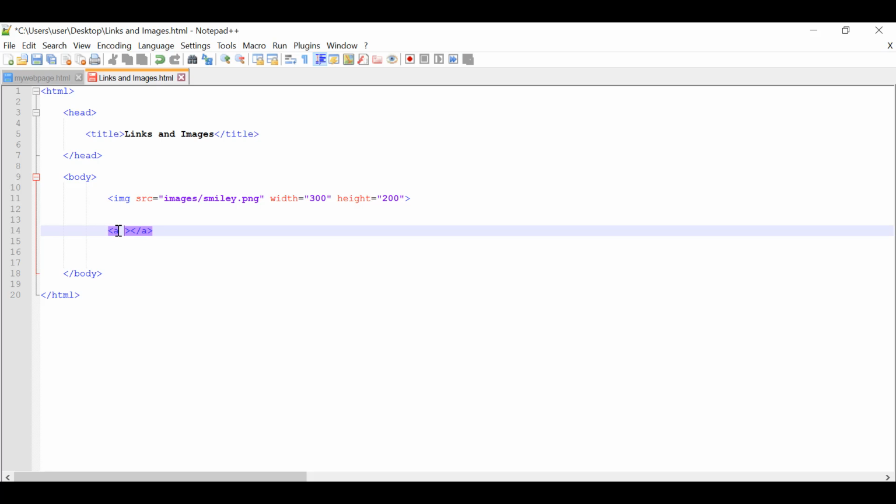And it has a very main attribute, which is href, where we give the link to our page. We give the path over here. So I'm gonna leave this blank and I'm gonna add the content. This is our link. So let's save it